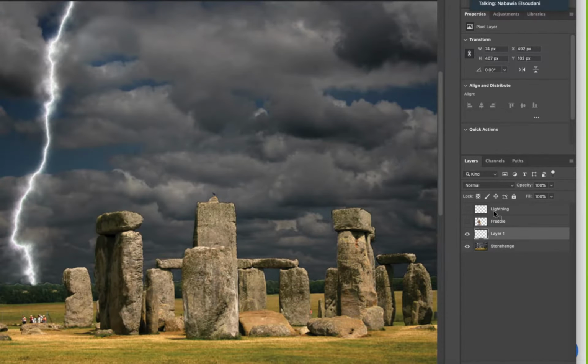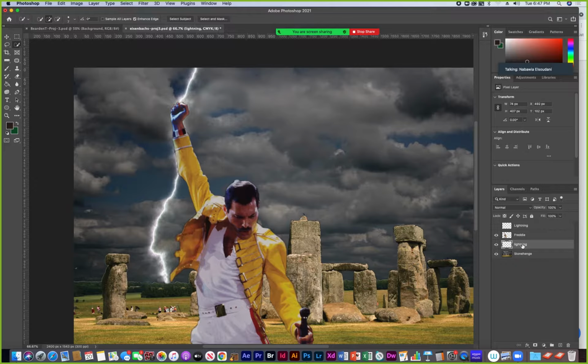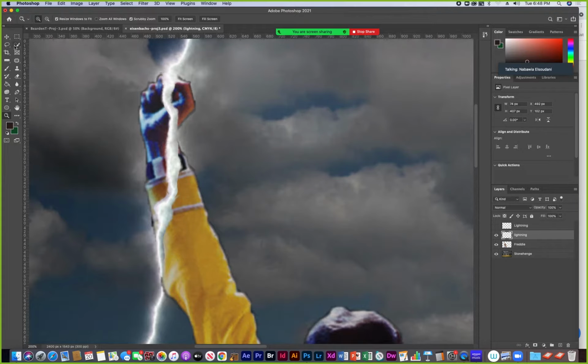So that's how she got lightning. So this is my lightning. So I can label this one lightning. This one's mine. And then I turn Freddie on. And then I just drag the lightning above Freddie. And it doesn't look too hot right now, but I can go in and finesse it with the eraser,